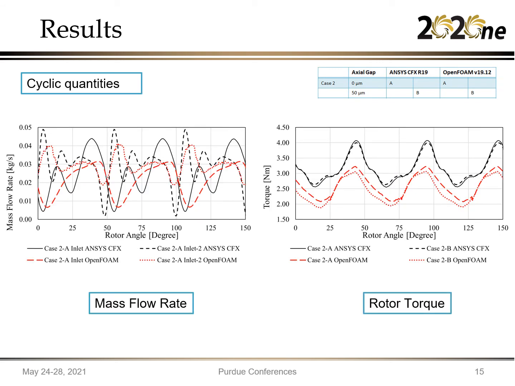Looking at the cyclic quantities such as mass flow rate across the two inlets and the torque variation on the rotor, we can see that there is a difference in the nature of fluctuation of the torque. 3 cycles have been plotted here, and with respect to the ANSYS-CFX solver, you can see that there are 2 pulses within each cycle, whereas with the OpenFOAM solver, there is a single pulse in each cycle. This difference can be associated with a difference in the implementation of the boundary condition, which was defined as pressure inlet. In comparison, the torque variation is more or less of a similar nature, but there is a difference in the magnitude of average torque.